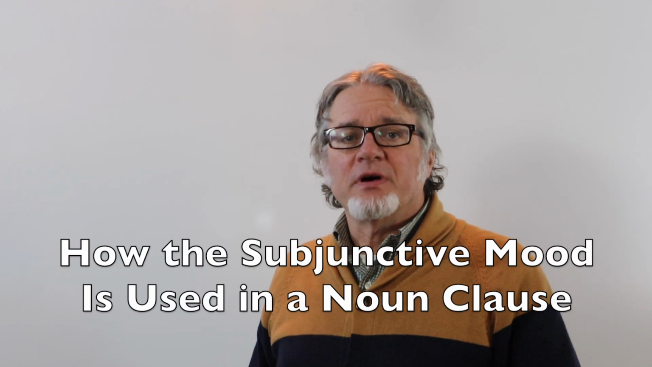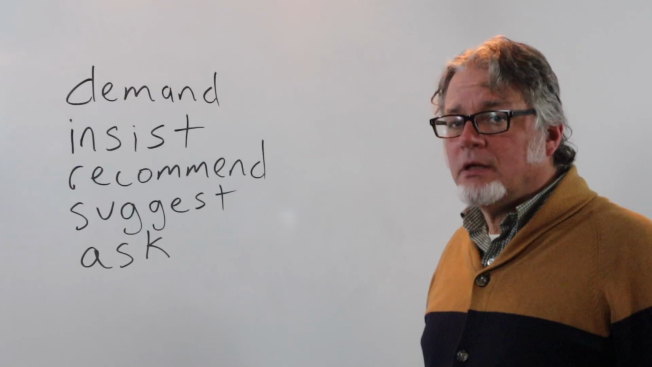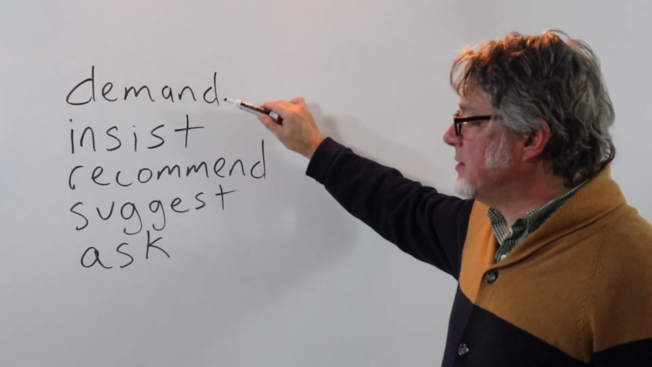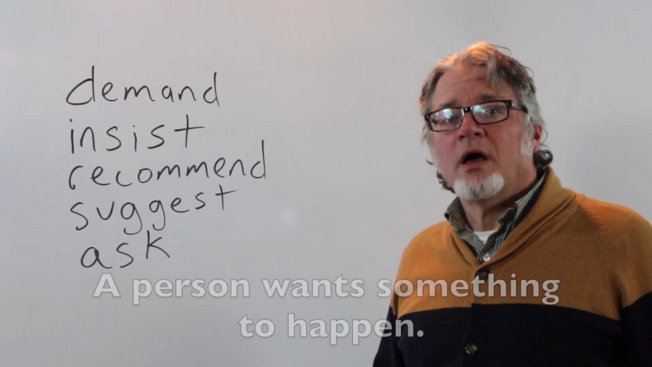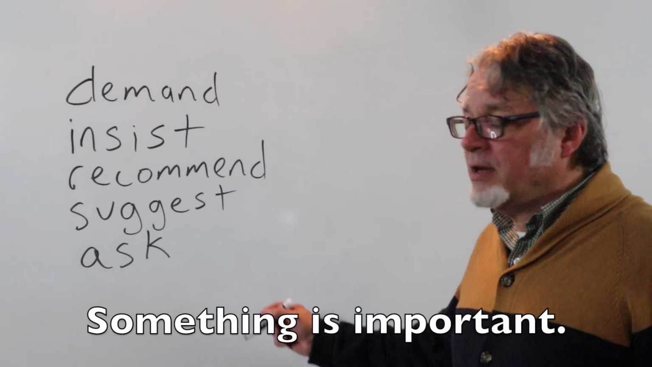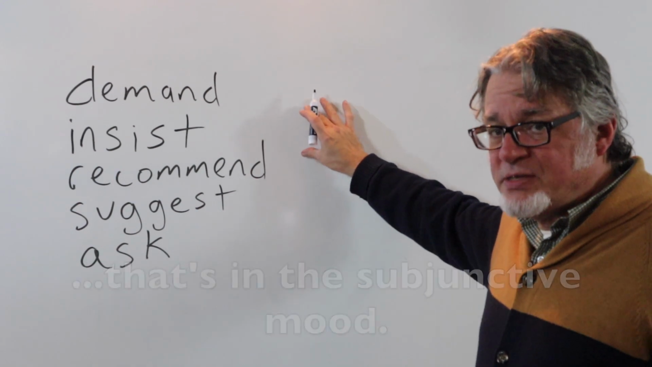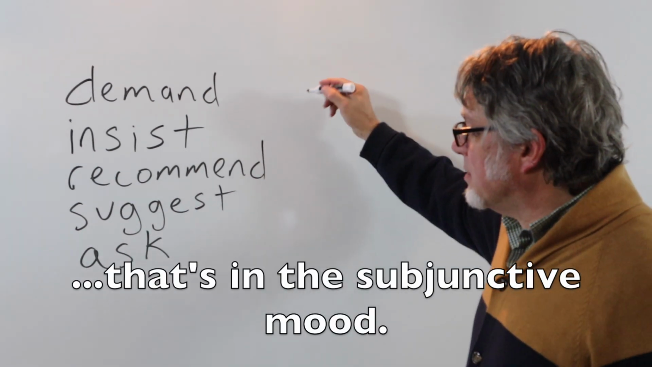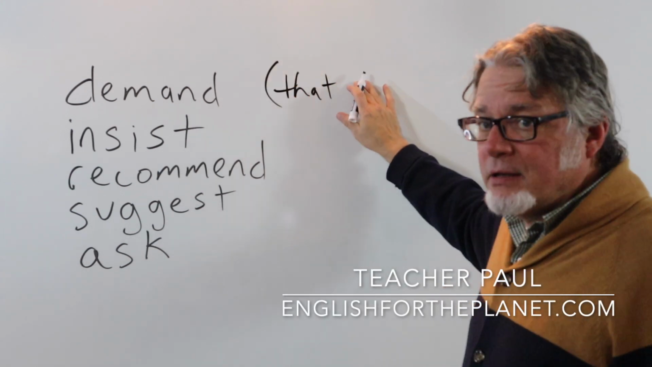In this video, I'll show you something that's fairly difficult, and that is how the subjunctive mood is used in a noun clause. Verbs such as these, demand, insist, recommend, suggest, or ask, are used when a person wants something to happen. Something's important. Following these verbs, you might have a noun clause that's in the subjunctive mood. The noun clause will begin with that, and then you'll have a subject,